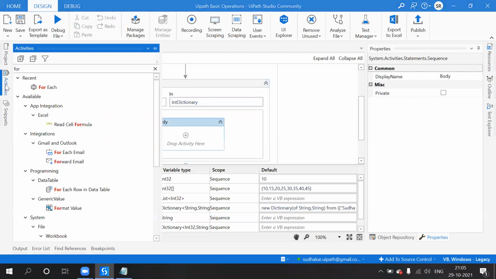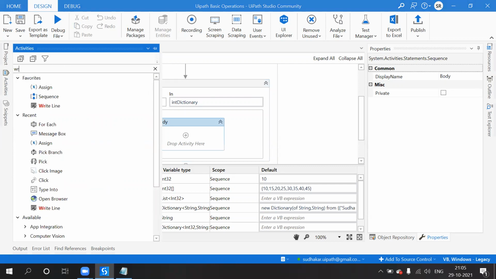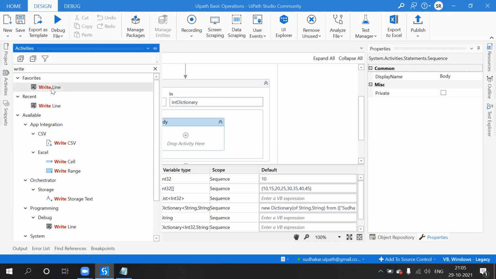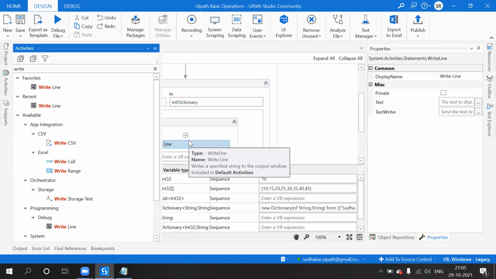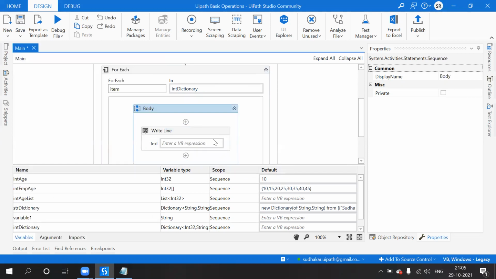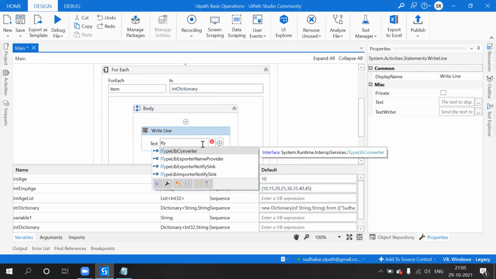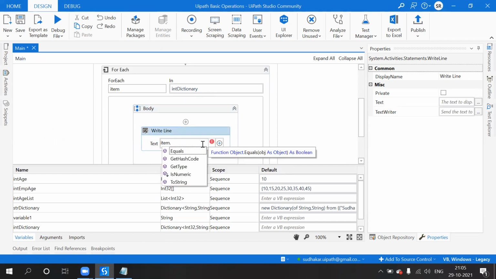So here, item dot. I did not get any property or method name here.